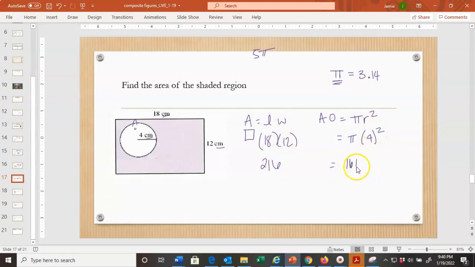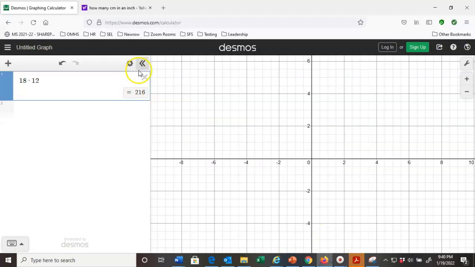And then we're going to have 16 pi. Let's do it. 16 pi. I wrote the word pi and pi popped in. So what happens is when you do that, you're going to start to round. And that's why usually the problem will tell you, oh, use 3.14 or just keep pi. So for now, let's just keep pi